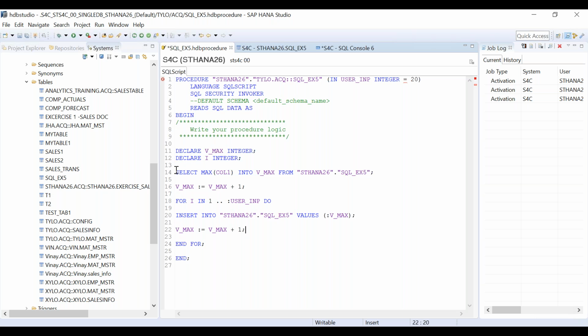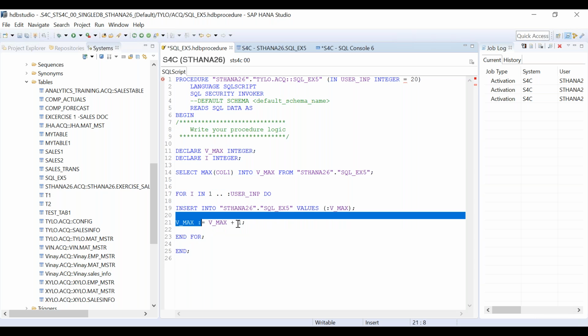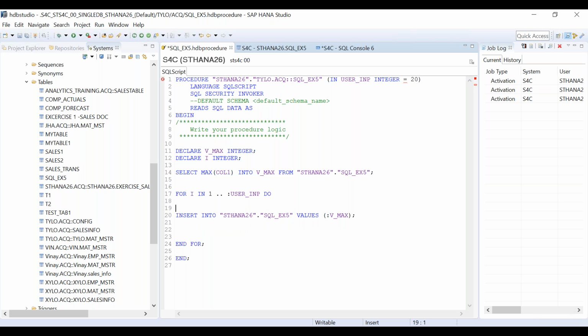See, what is this statement? This statement will give you v_max is equal to 2, because 2 is my current maximum value. Now what will be my next current value? I have determined it here only, which is 3. Or else, one more thing you can do, let's remove this, or you can just write here directly. Control X, Control V. Now you see this is v_max, it is having value 2.